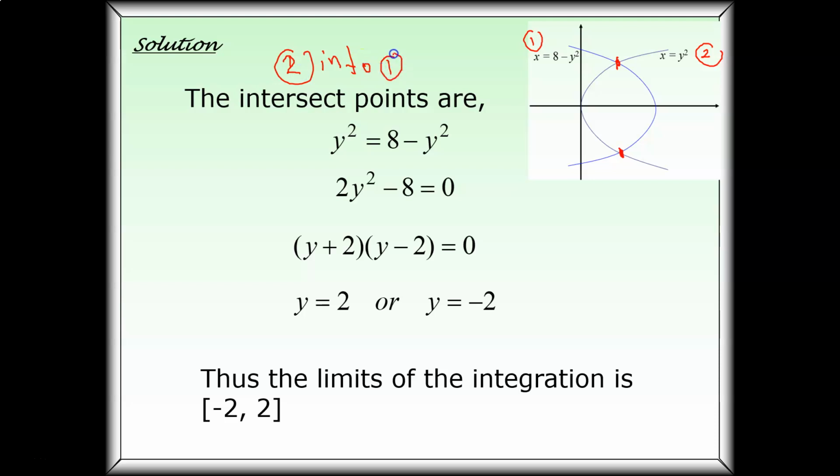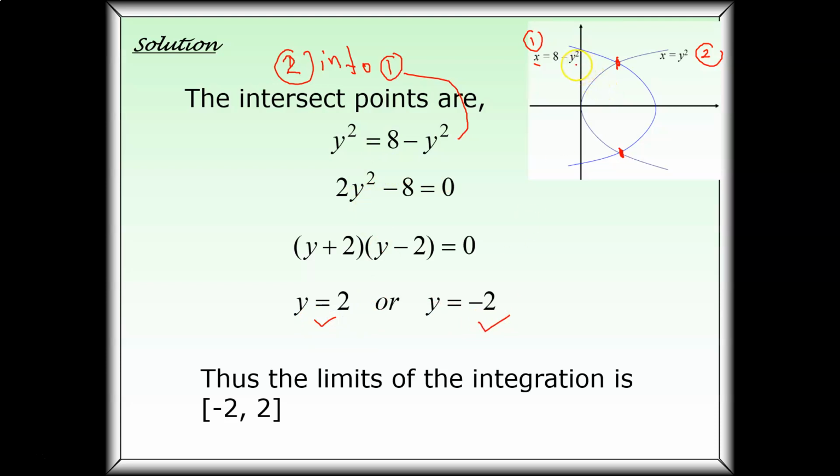But to see it clearly, we substitute equation yang kedua ke dalam equation yang pertama. So you have x over here, dia gantikan x ni dengan y square. Yang sebelah sini kan 8 minus y square. Dapatlah y square equal to 8 minus y square. So then again you rearrange, kumpulkan y square ni ke sebelah kiri, your left hand side, you will get 2y square minus 8 equal to 0. So this one you can use your calculator to find the value y equal to 2 and y equal to